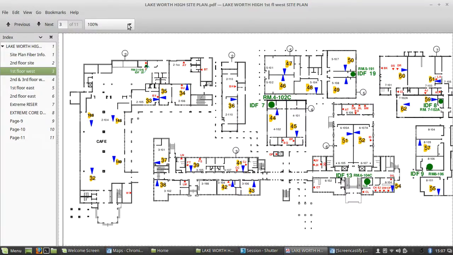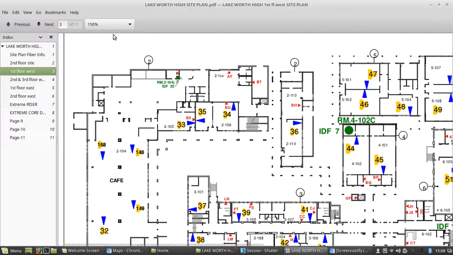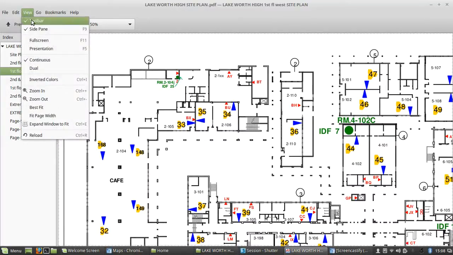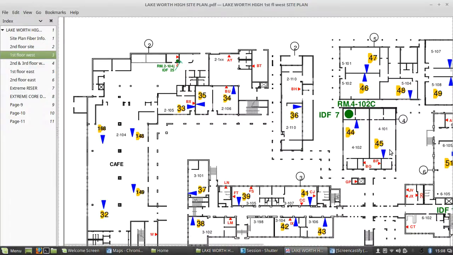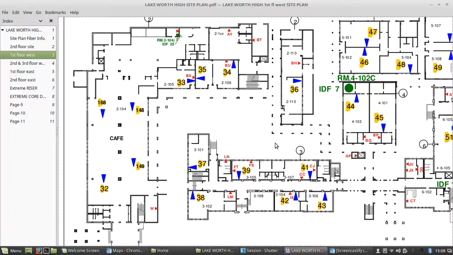So we're currently at 100. I would potentially go to 125. And I've still got buildings 2 and 3 looking quite decent. Let's go 150. And what I'm going to do is get rid of the toolbar. So I'm at 150 zoom. Let me try and manipulate this. Okay, so you'll see I've got buildings 2 and 3 filling up the screen